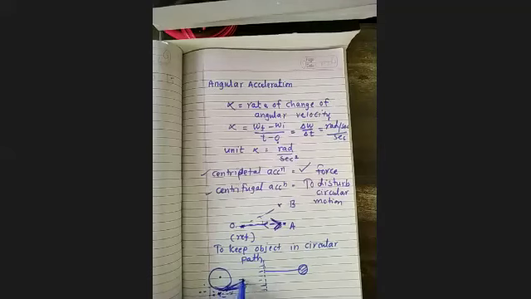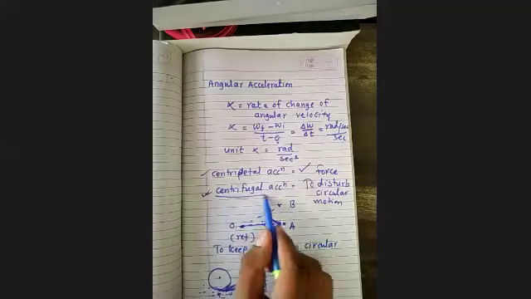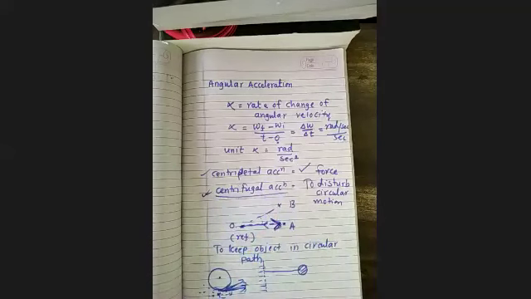So why are they moving out like that? They are not staying in circular motion, but because of the centrifugal acceleration, they are moving away. So that is the best example of centrifugal acceleration.